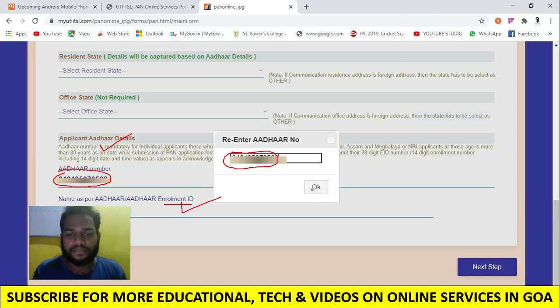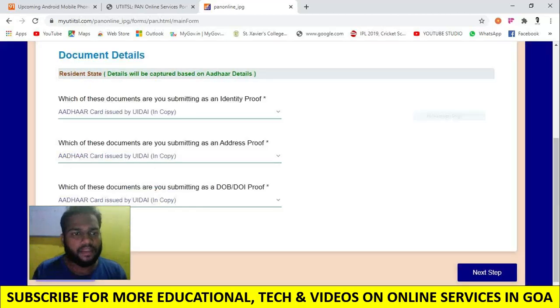and take it forward over here. Once you do that, click on OK. Now this will make your verification of your Aadhaar card. Once your Aadhaar card is verified, all your details are going to be automatically filled. Now select next, and then when I select next, your document details, that is your residential details,